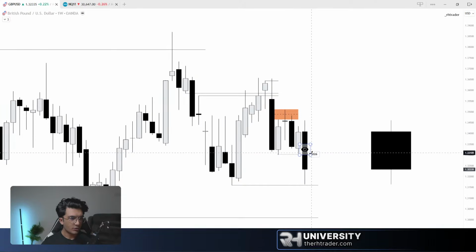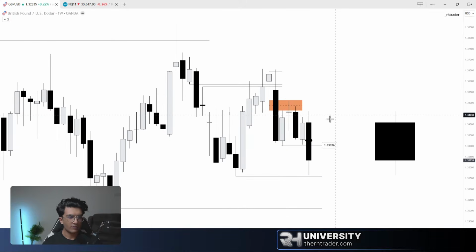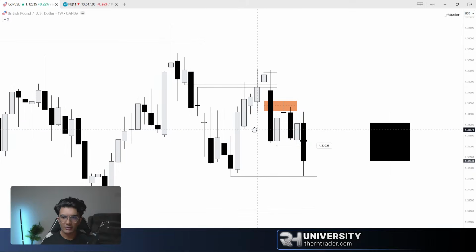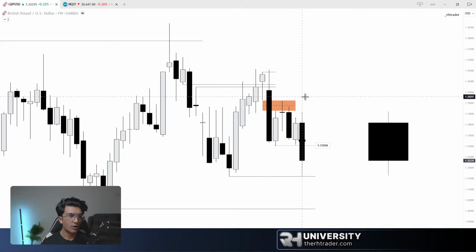And GBP USD, you can see right here, this was the objective outlined last week, right? So at this eye right here, somewhere there. I believe on the daily time frame it's quite clear, so I'll get to that. So what do we have here? Previous weekly fair value gap. When everyone was bullish, we were really bearish, right? Not using any fancy indicators, you don't need any of that. You just need to understand price, okay? So price taps into a weekly fair value gap, takes out this low, right? Pushes quite aggressively. Now this low, as I mentioned in the previous week, is an objective as well, and this low as well, right? I do believe these lows are in play next, and price should get them, okay?